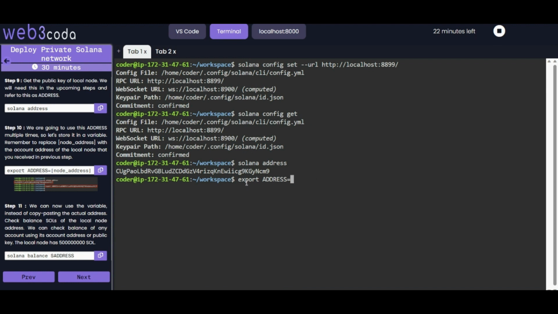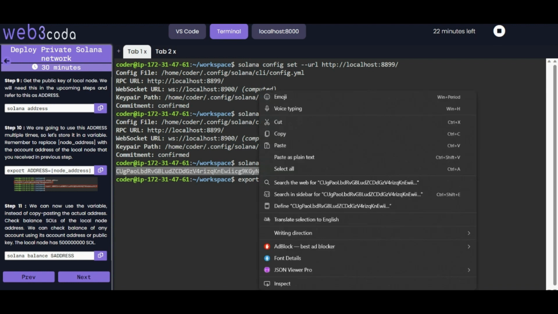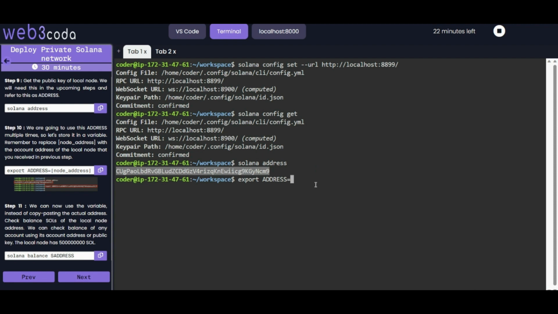Okay, it is not pasting. I'll again copy it and paste it here. Okay, done. So we have set the variable address to our Solana address. Now in step 11, we can use the variable instead of copy pasting the actual address and check balance